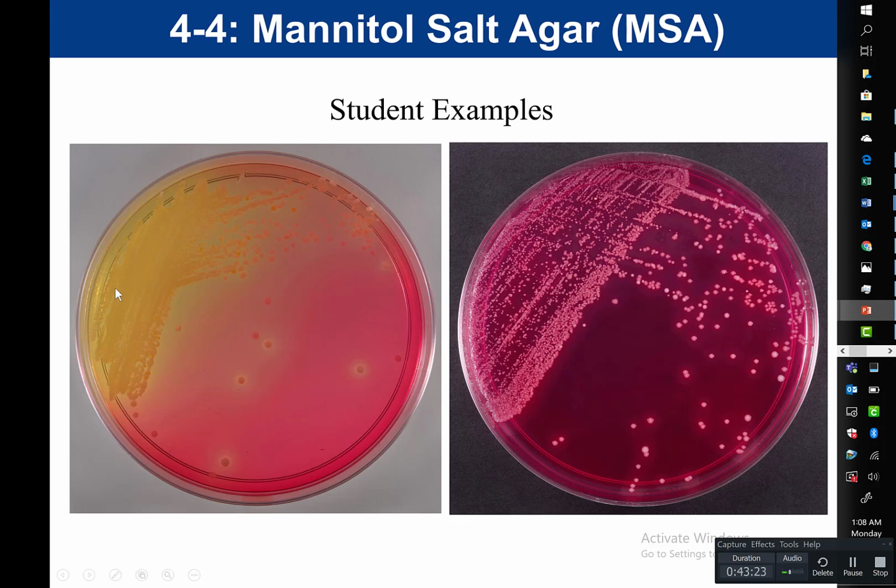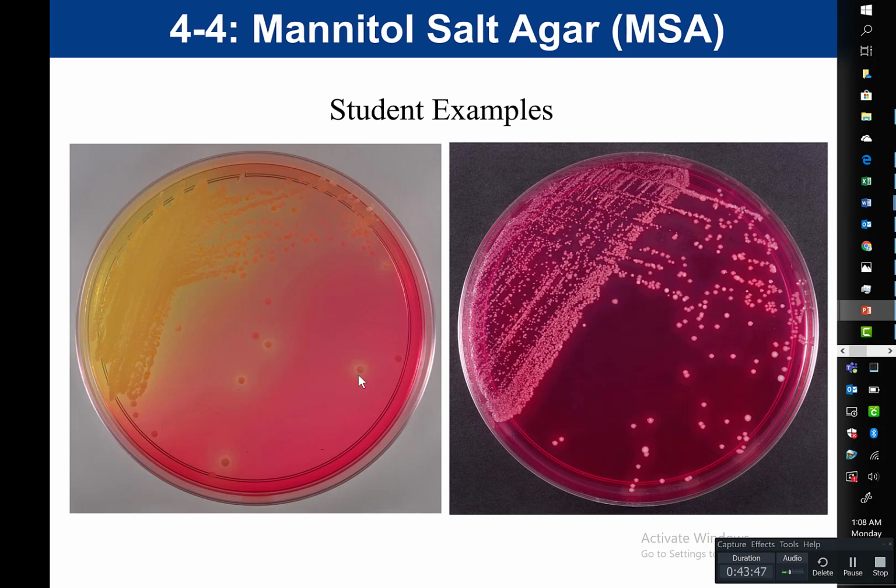If I were to take in the lawn, well, there's multiple types of bacteria. Some of these could be MSA positive, some might be MSA negative. But we do have isolation, and so we could study these, and you can see that this one is positive, this one is not. So this would be a bacteria that would be selected for a confirmatory test.